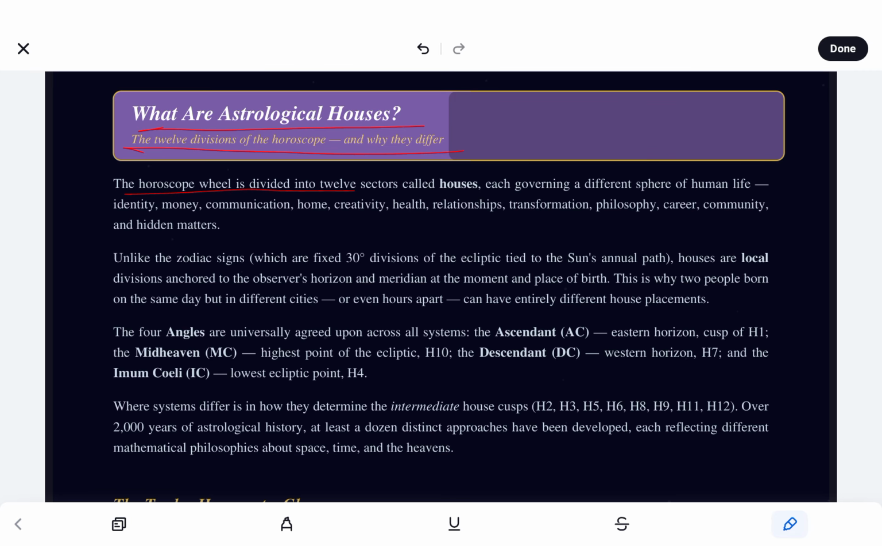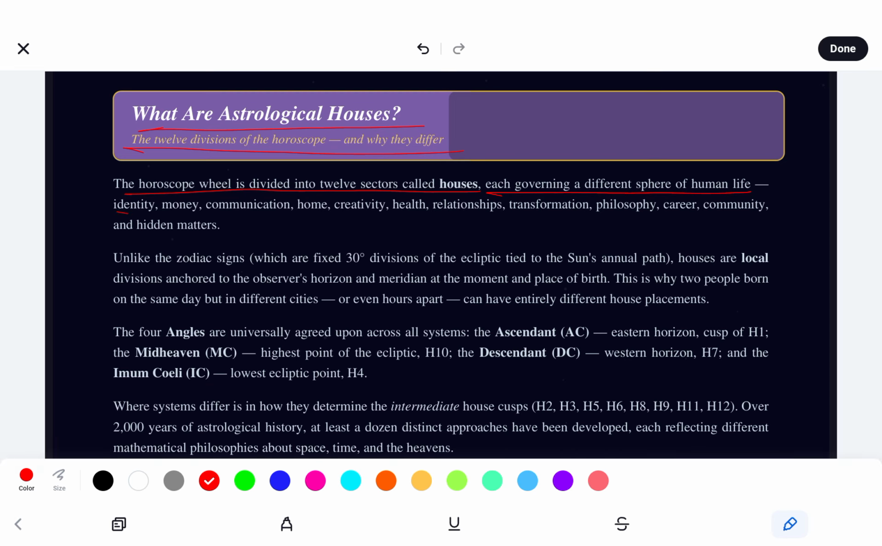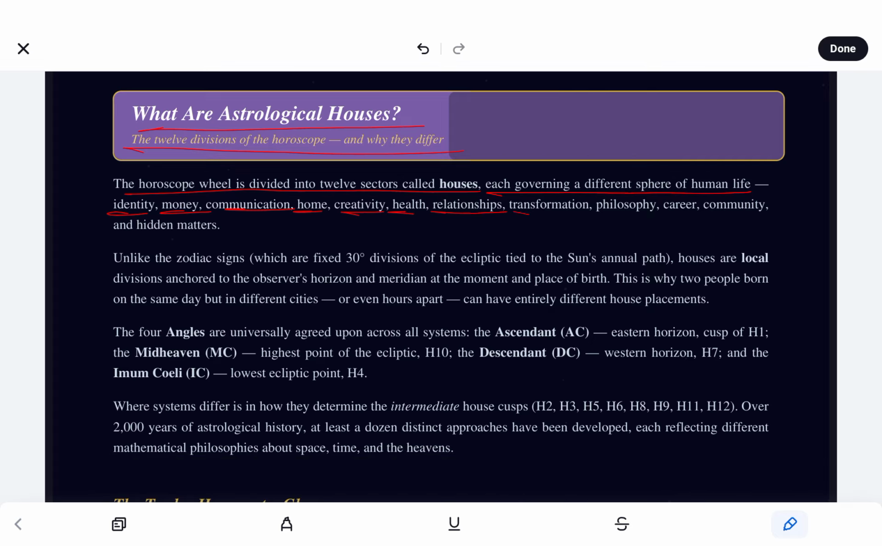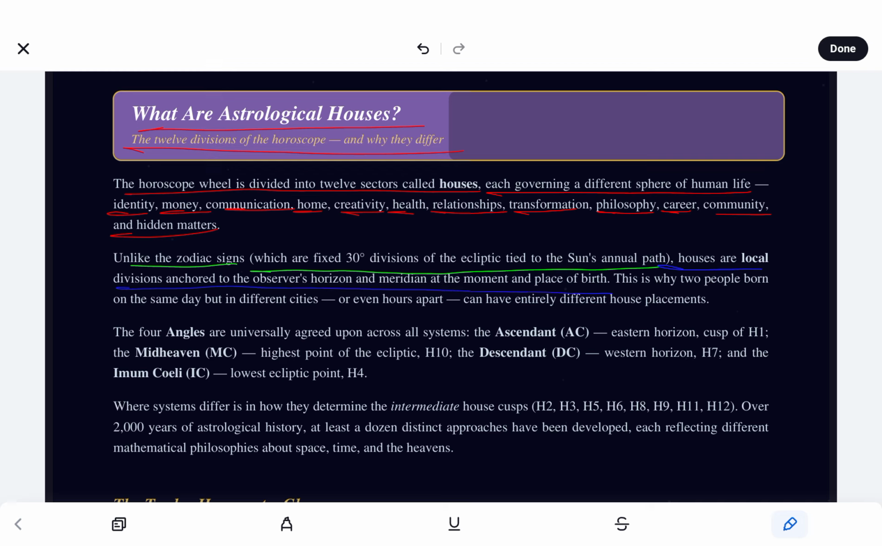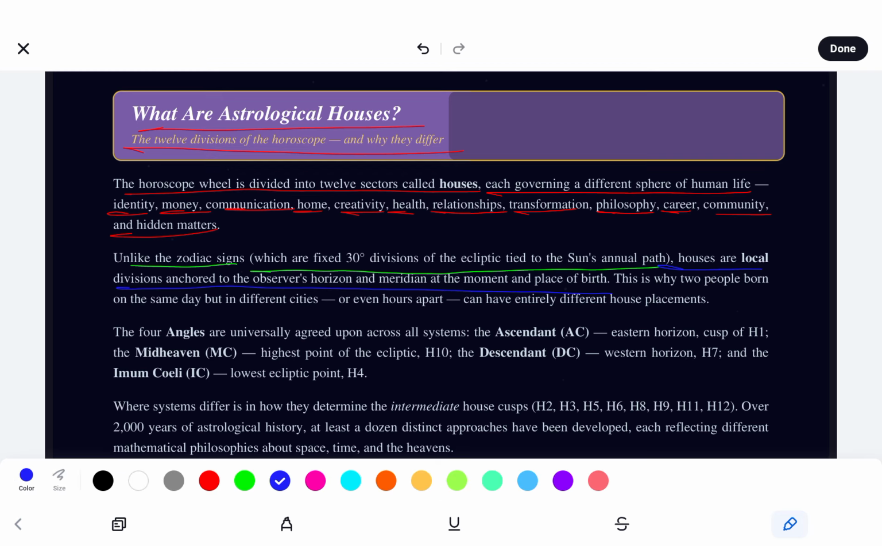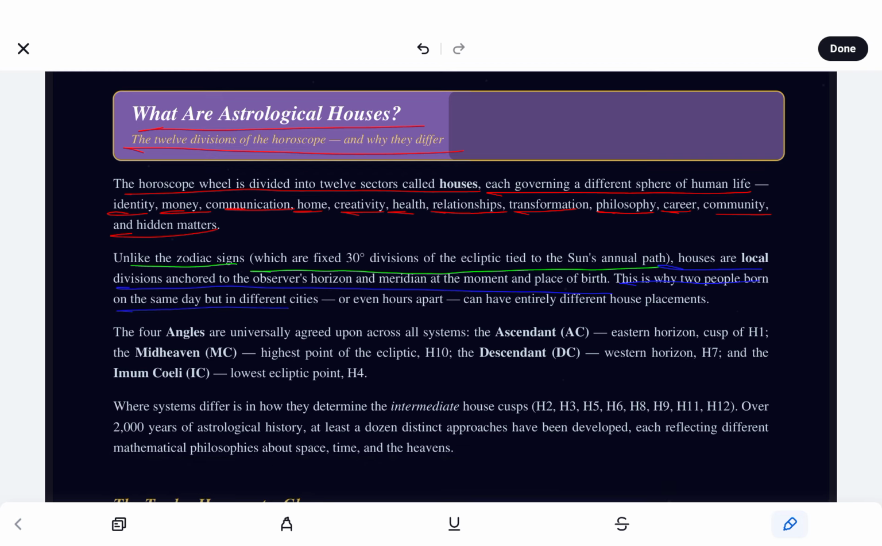The horoscope wheel is divided into 12 sectors called houses, each governing a different sphere of human life: identity, money, communication, home, creativity, health, relationships, transformation, philosophy, career, community, and hidden matters. Unlike the zodiac signs, which are fixed 30 degree divisions of the ecliptic, the sun's annual path, houses are local divisions anchored to the observer's horizon and meridian at the moment and place of birth. That's why two people born on the same day but in different cities, or even hours apart,